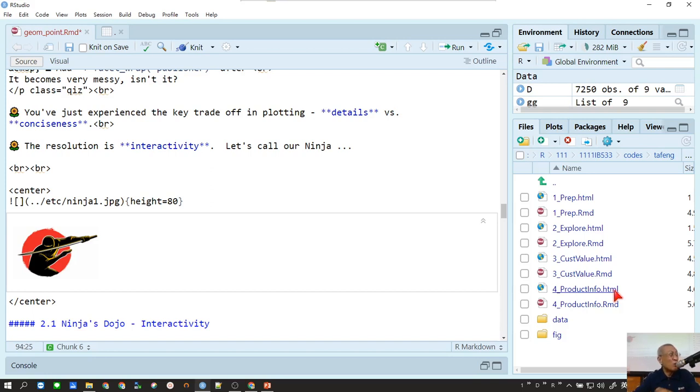So I want you to apply what we have learned so far to the Tafan data, and use this sample notebook as the foundation,